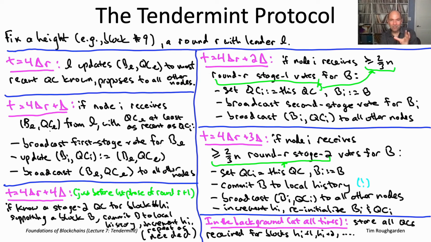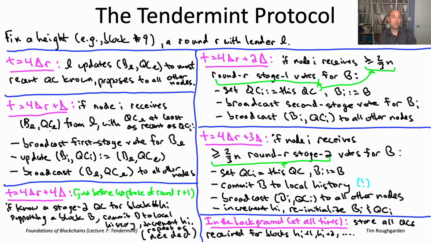So what would irrefutable evidence mean? As we'll see in the proof of consistency in the next slide, a stage 2 quorum certificate for block number 9 constitutes irrefutable evidence of what block number 9 is supposed to be. Doesn't have to be from the current round. Like maybe, because of message delays, you're only now hearing about that, oh wow, back in around 114, actually there was a successful second stage referendum, and finally, one of your colleagues echoes to you the quorum certificate that proves it. Around 114, stage 2 quorum certificate that block number 9 is supposed to be some block capital B.